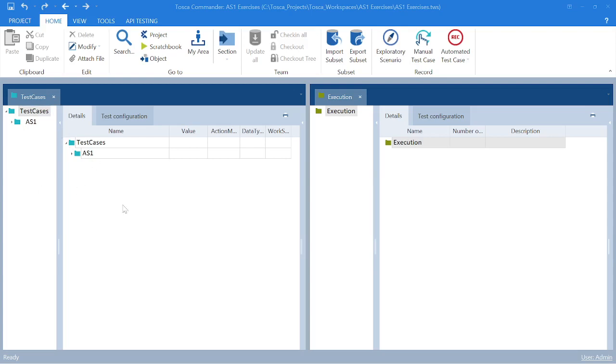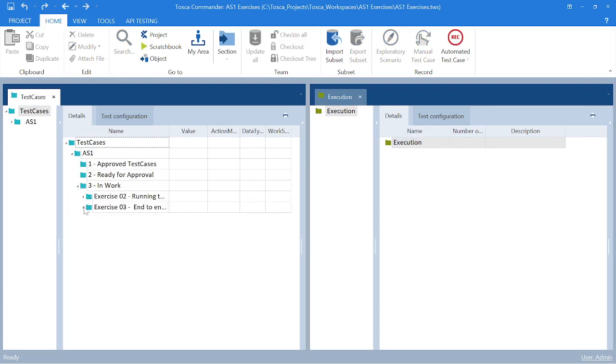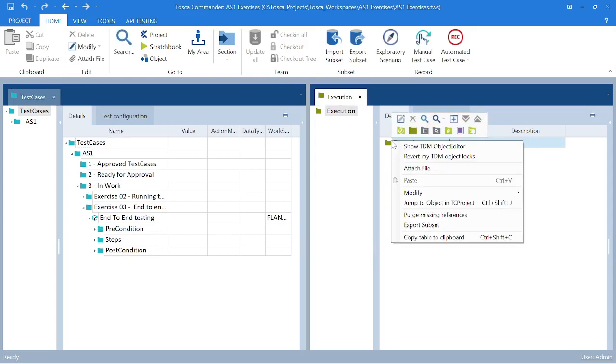Correct. Now if you will see here, we have our execution folder. So what we will do, we will open the exercise 3 where we have created all our end-to-end testing of the web shop. Okay, firstly I will create a folder with web shop. So you can see